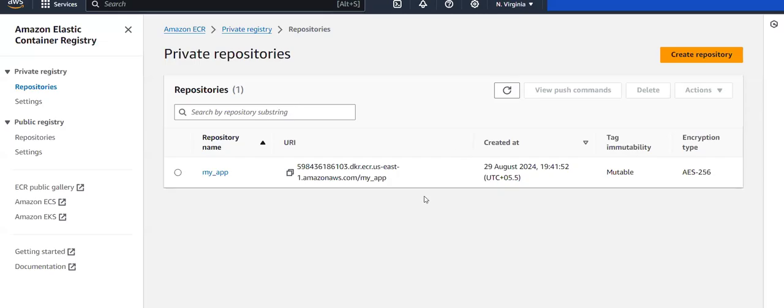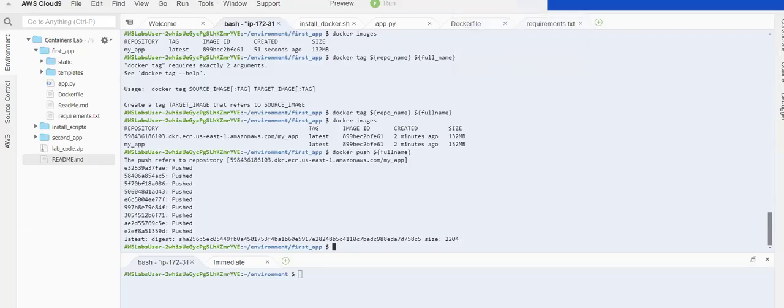Now let's continue with this process of deploying this application. So for this, I'm copying this URI, and before deploying our application on ECR, let's first ask ourselves a question: in which port is this actually running? If you deploy your app on this server, then in which port will this run based on the configurations that we provided? Based on the configurations that we provided, it will run on